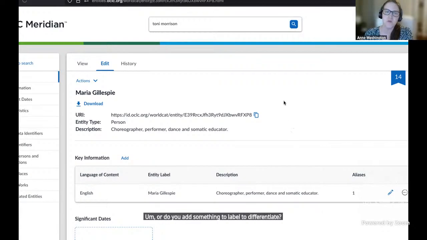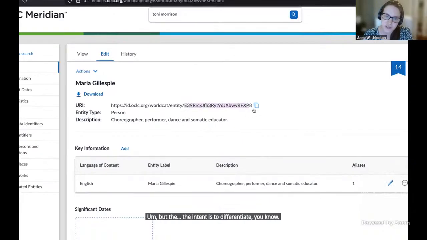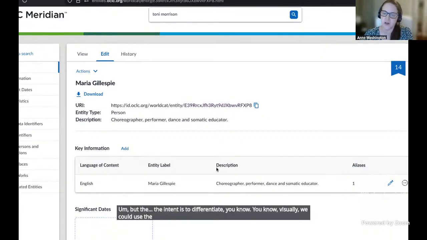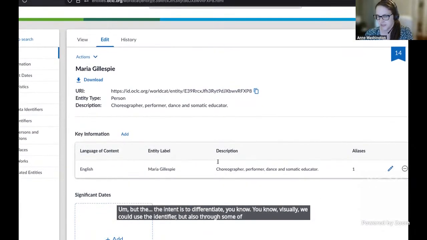Jeff already said this. Yes, they can have the same label, but the intent is to differentiate, visually we could use the identifier, but also through some of this additional contextual information.